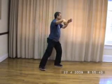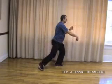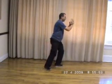Long step again. So we can do snake creeps down again for the second time. This time even lower, so nice and supple and warmed up. This time coming into form the 7 stars. Step back and open the hands, round,